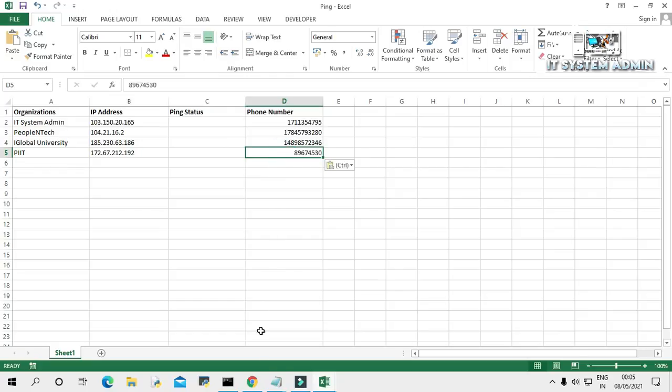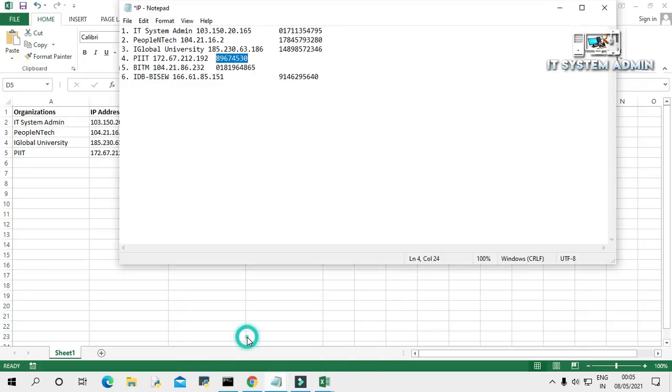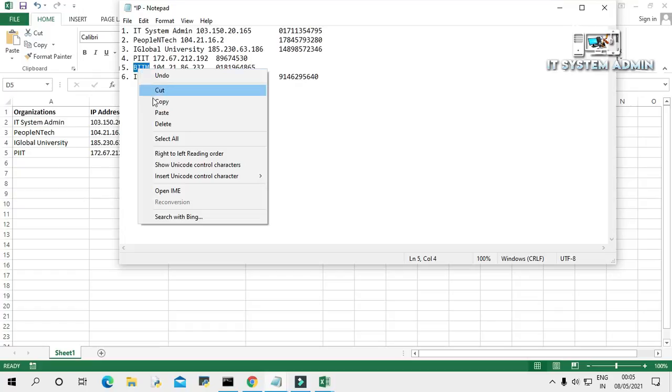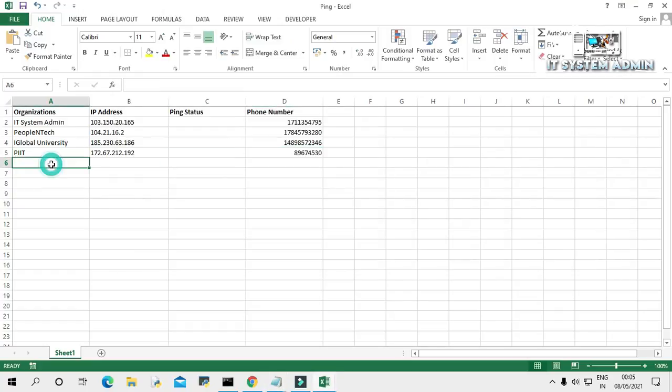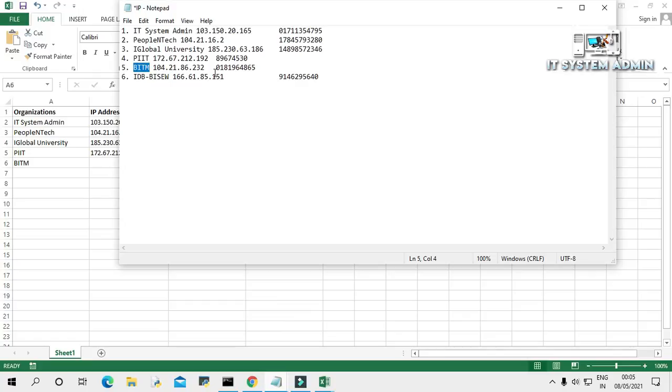And paste the phone number. Now next one, VITM, paste here. Now copy its IP address